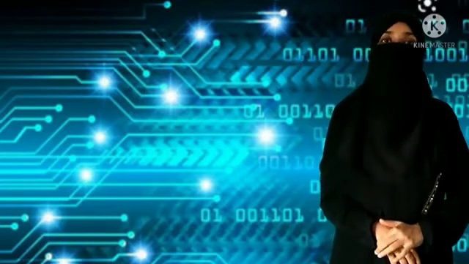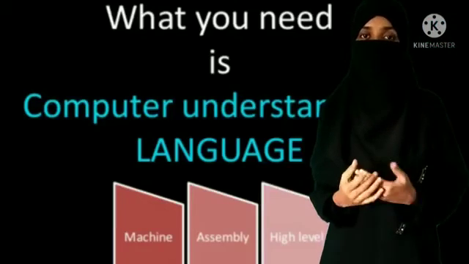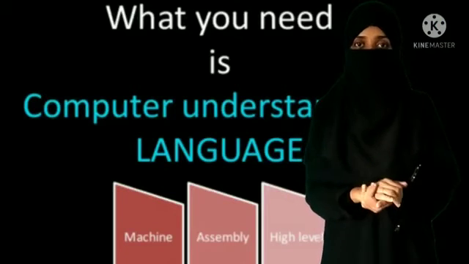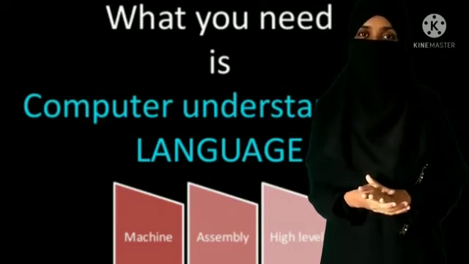We already know that computer can understand only the language of machine codes. Okay? So machine codes la usually what they use, they use binary system. That is binary numbers தான் machine codes la use பண்ணுவாங்க. That is 0 and 1. And these machine codes are the only language that the computer understands. Whatever high level language we use, finally it has to get translated into machine codes. Then only the computer will understand.